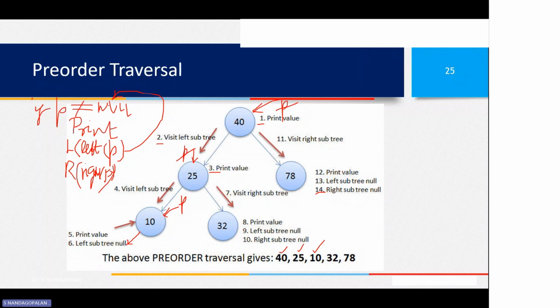So it goes back to the same function again, taking null. Is it null? Yes. This time it is null. So it won't call recursively. So you can see here the left subtree is null. So what should it do? It should go back and execute this statement, which is right. So it takes the right address, which is null, goes back. Is it null? Yes, it is null. So it again goes back